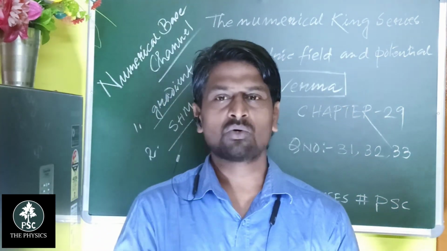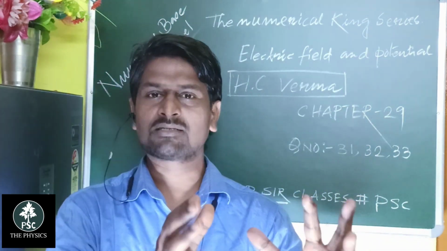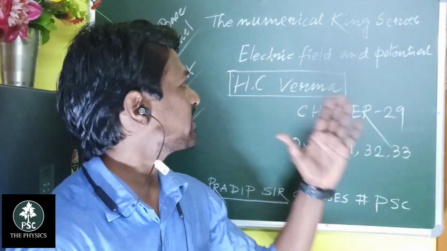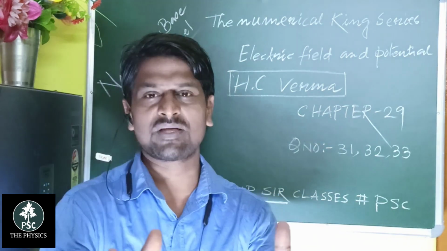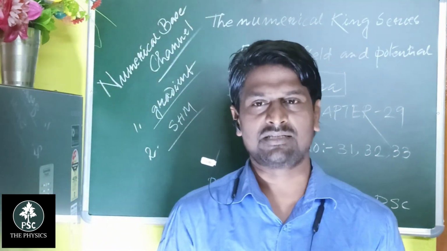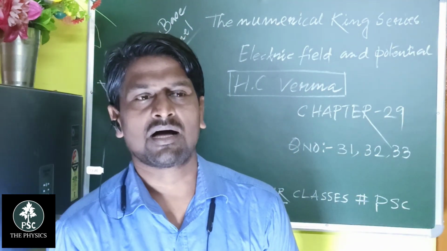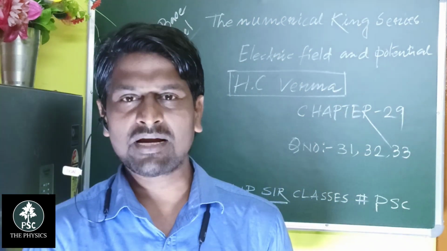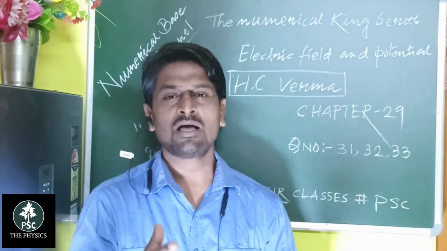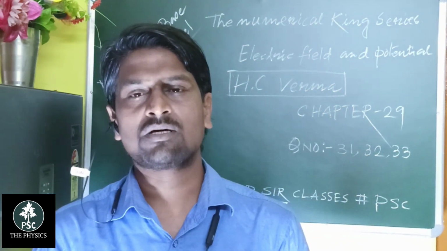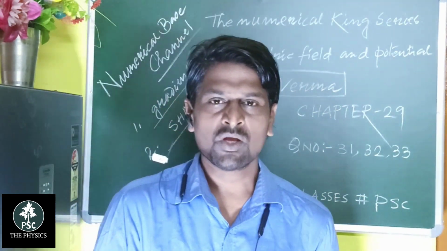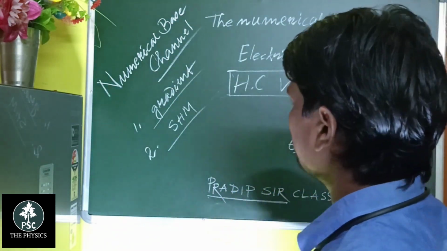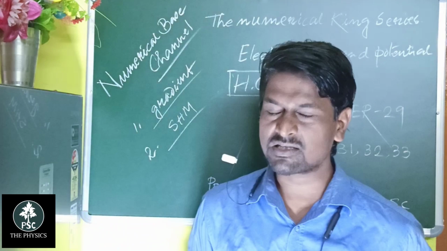Okay, so you have to follow all the concepts and the related numericals with that particular numerical King series, as well as the classic text series that is based on the I. E. Irodov solution. Okay, and also the related numericals and the numerical pattern, and I always explain along with the concepts. Okay, so students, you have to think the question number 31, 32 and 33, and the related concepts